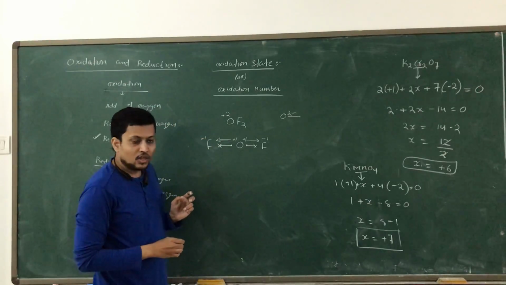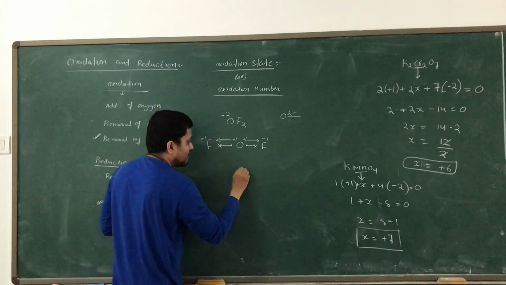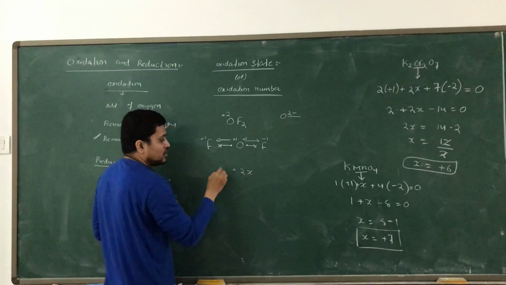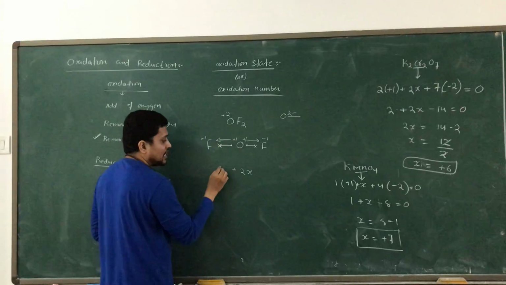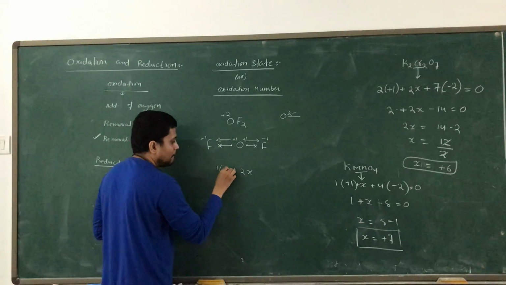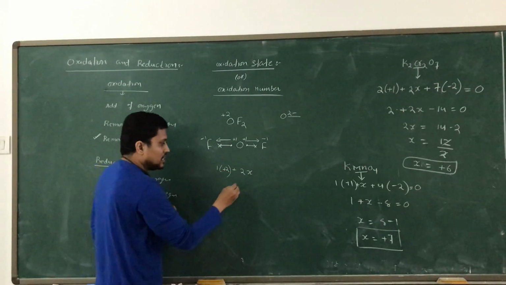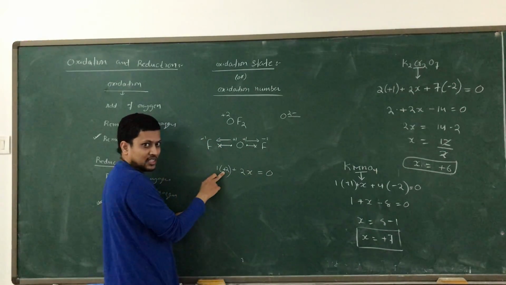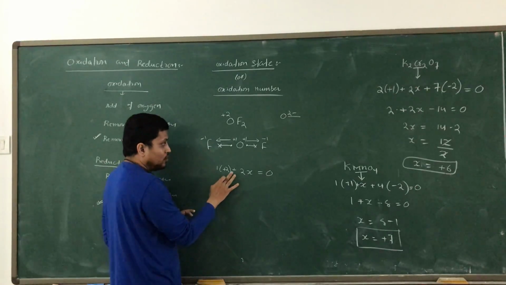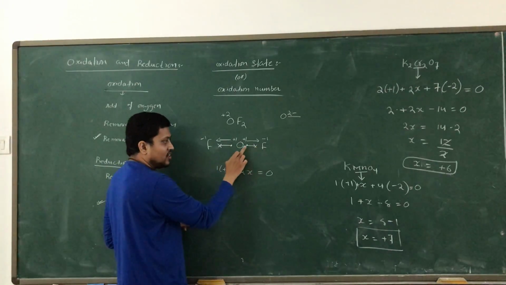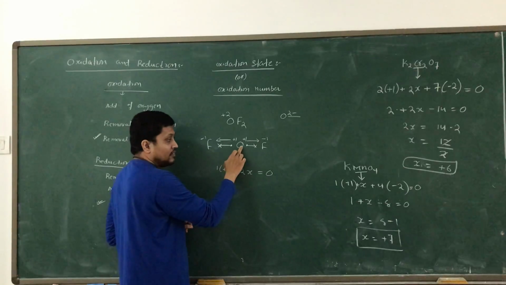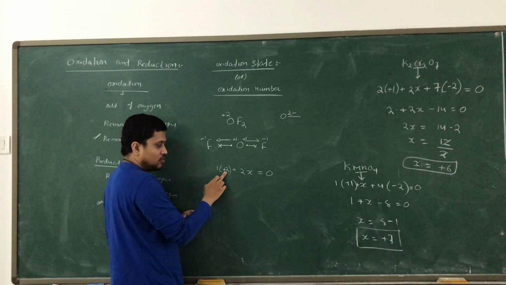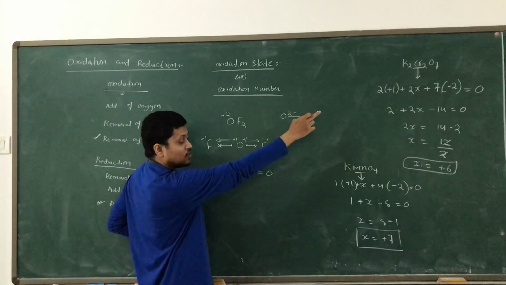So if I go for that method, I have to take 2x for fluorine, and we have 1 oxygen, which is plus 2, is equal to 0. If you take minus 2, you are going to get the wrong answer. Because I know fluorine has higher electronegativity than oxygen, and when oxygen competes with fluorine, oxygen is going to be plus 2. So that is why I am taking plus 2 for oxygen now. Normally we used to take minus 2 there, right?